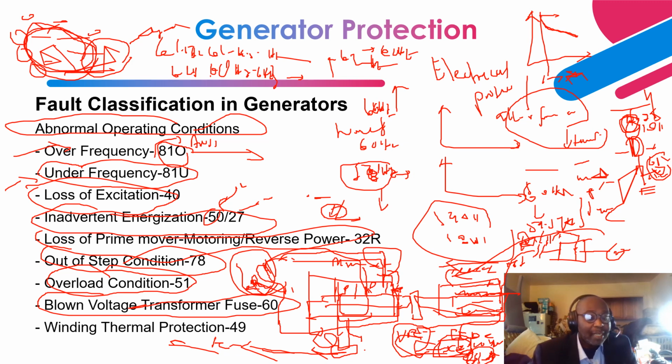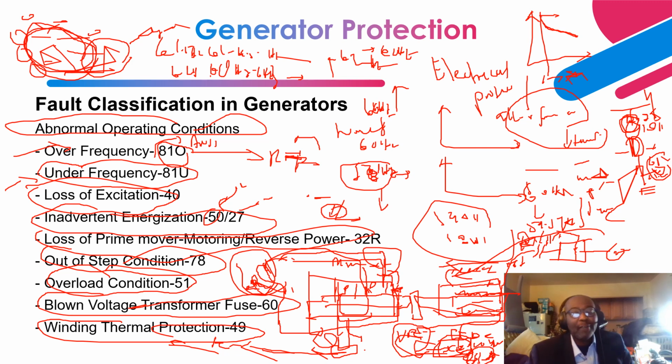Next is thermal protection, right? Okay, so inside the winding, the stator winding of the generator, we have RTDs, resistance temperature detectors, that are embedded in the slots of the winding, right? Let's say you have a top coil and a bottom coil. In between the top coil and the bottom coil, in each slot of the coil, that is where the RTDs are embedded. And normally you have about 2 or 3 RTDs installed per phase, or sometimes you can even have all the way up to 6. That redundancy is put into it.